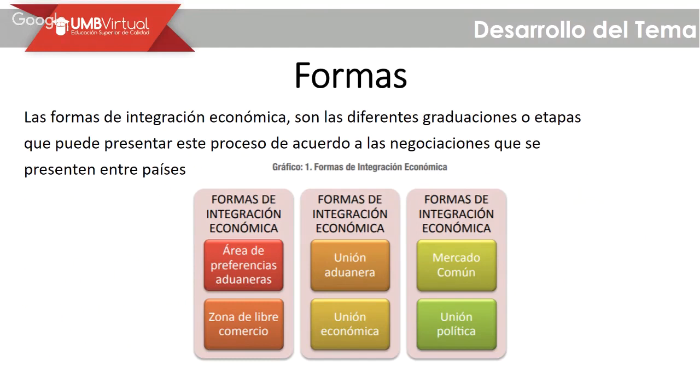The common market is a form of economic integration that is characterized by generating free mobility of production factors, capital, and labor, where the mobility of goods, services, capital, and people is sought, and the latter are granted benefits such as homologation of university degrees granted abroad, employment generation, and social security. And the last one